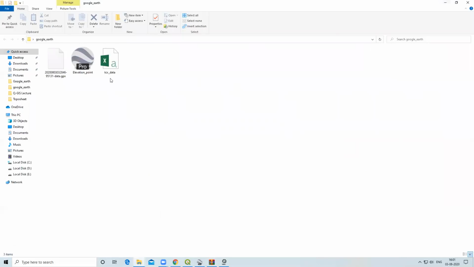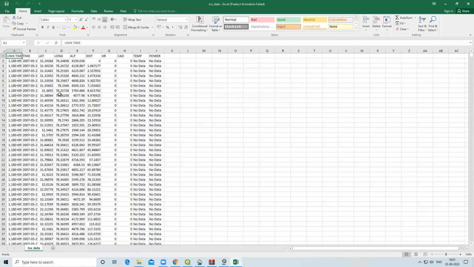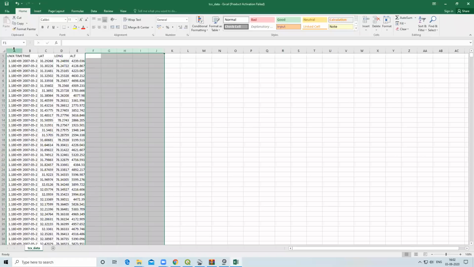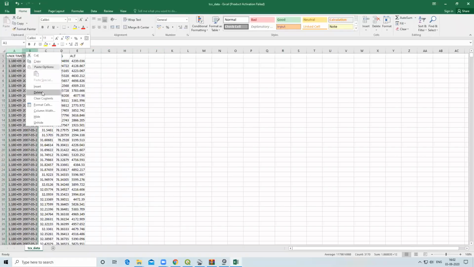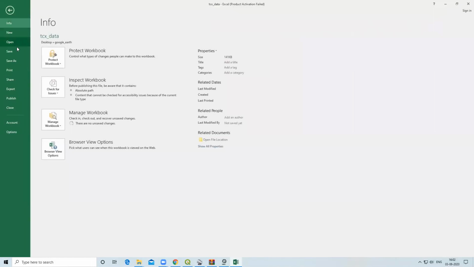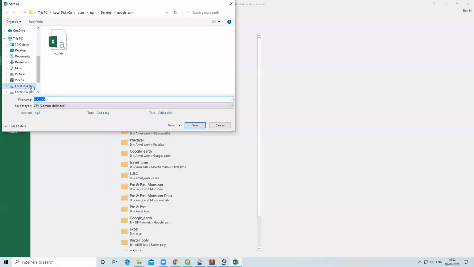After that, this file we got in CSV file format. We want only latitude, longitude and altitude. This we don't want, so I'll delete it. This also we don't want, so I'll select and delete it. We want latitude, longitude and altitude. These 3 things we want. So I'll click on file, save as, browse, and in desktop Google Earth, I will save as CSV file format.